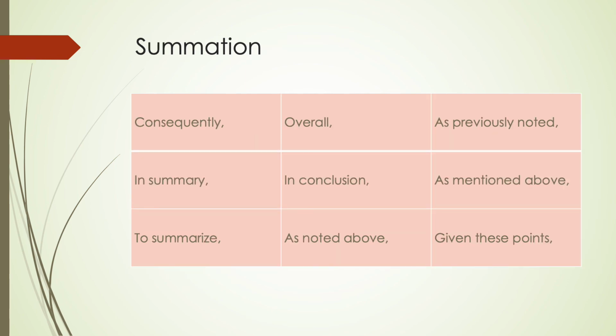and summation. So usually when we think of summation, we think of the last paragraph of our paper, but there can be times that we use a word like this at the end of a paragraph when we're going to write our concluding sentence or at the end of a section. So you just want to make sure that you're using these words when you're actually finishing a point and summarizing your idea. So we have consequently, overall, as previously noted, in summary, in conclusion, as mentioned above, to summarize, as noted, given these points,